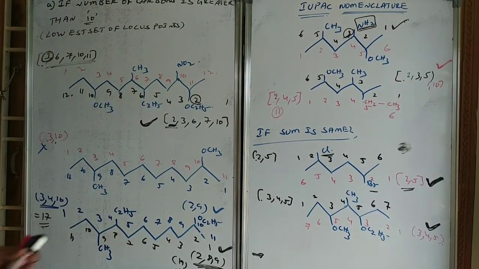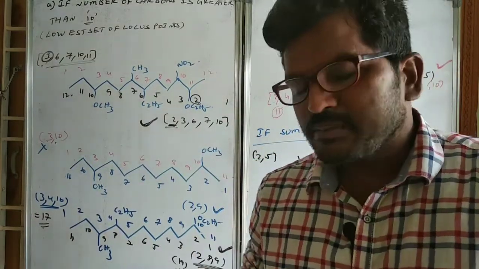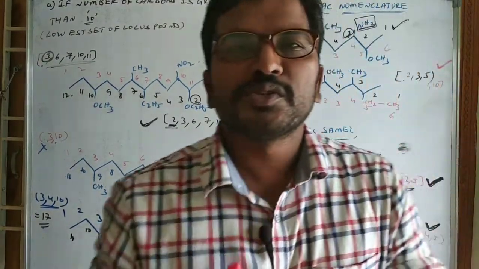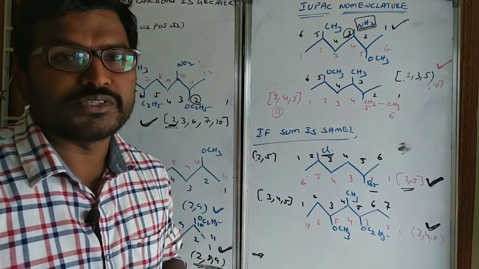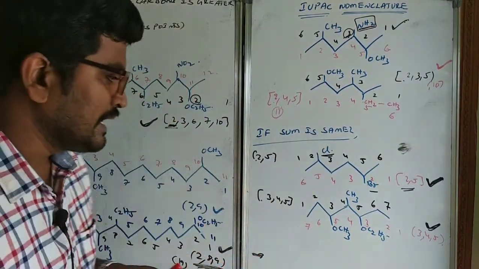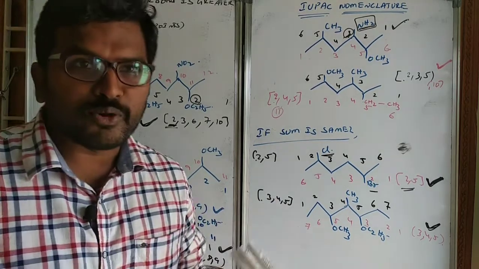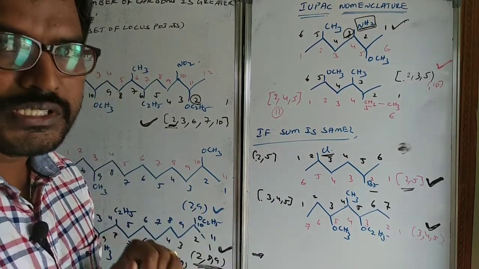Right. Next, bicyclo compounds and spiro compounds are there. I will make a separate video on these bicyclo, spiro and then exceptional compounds. In IUPAC nomenclature 3, I will put those things and explain. So like this we can number the compounds. Have a look at these things and we will do some example problems and then I will close this.